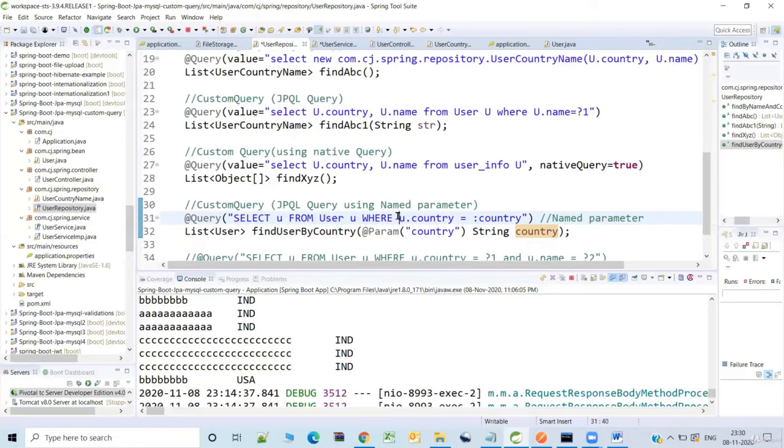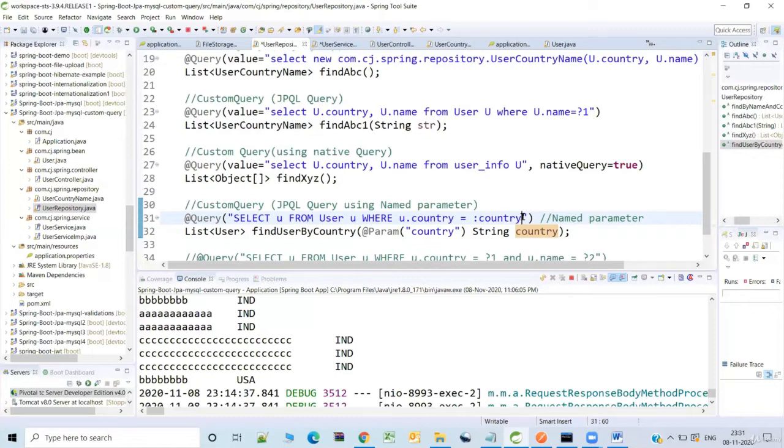And the additional condition I'm trying to mention is u.country equal to the country which is being received as a parameter. Fine. So this country is nothing but the parameter which I'm referring to as country. You can rename it to pCountry and you may refer to that as pCountry here. That very much works fine.